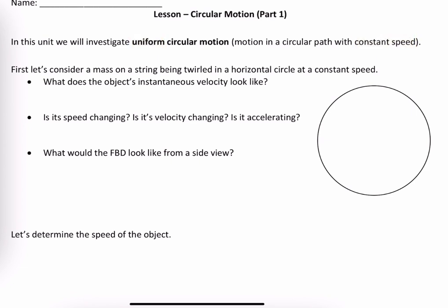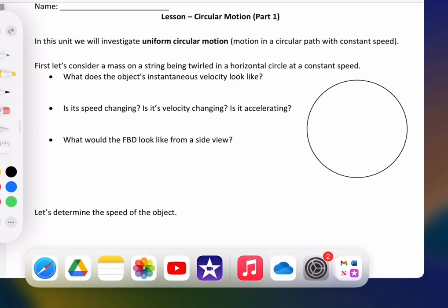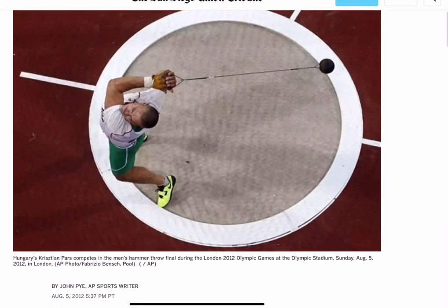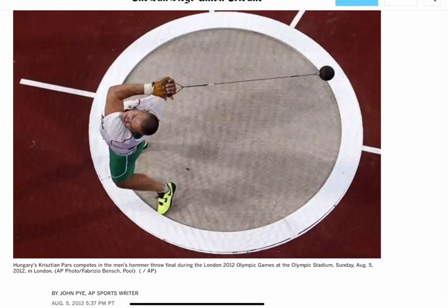So to illustrate some of the key concepts here, I want to consider a mass on the end of a string being twirled in a horizontal circle. One example of that would be the hammer throw. So here we have a mass on the end of a cable, and it's being twirled around in a circle